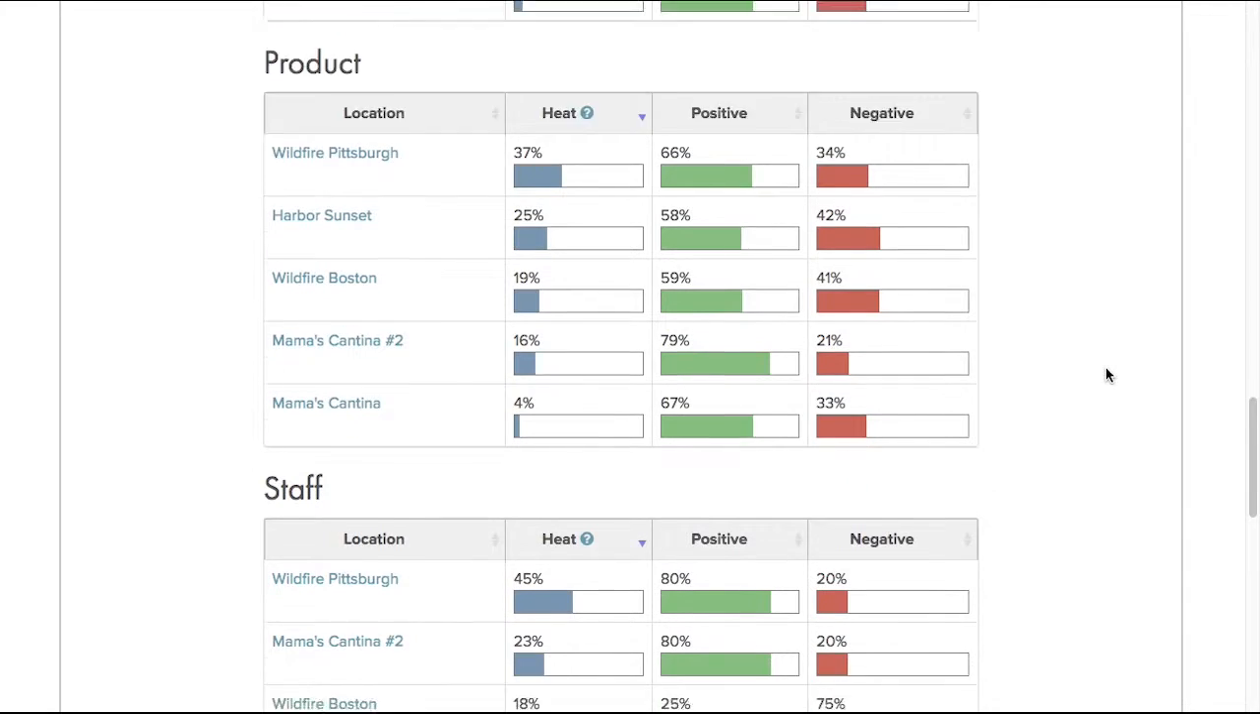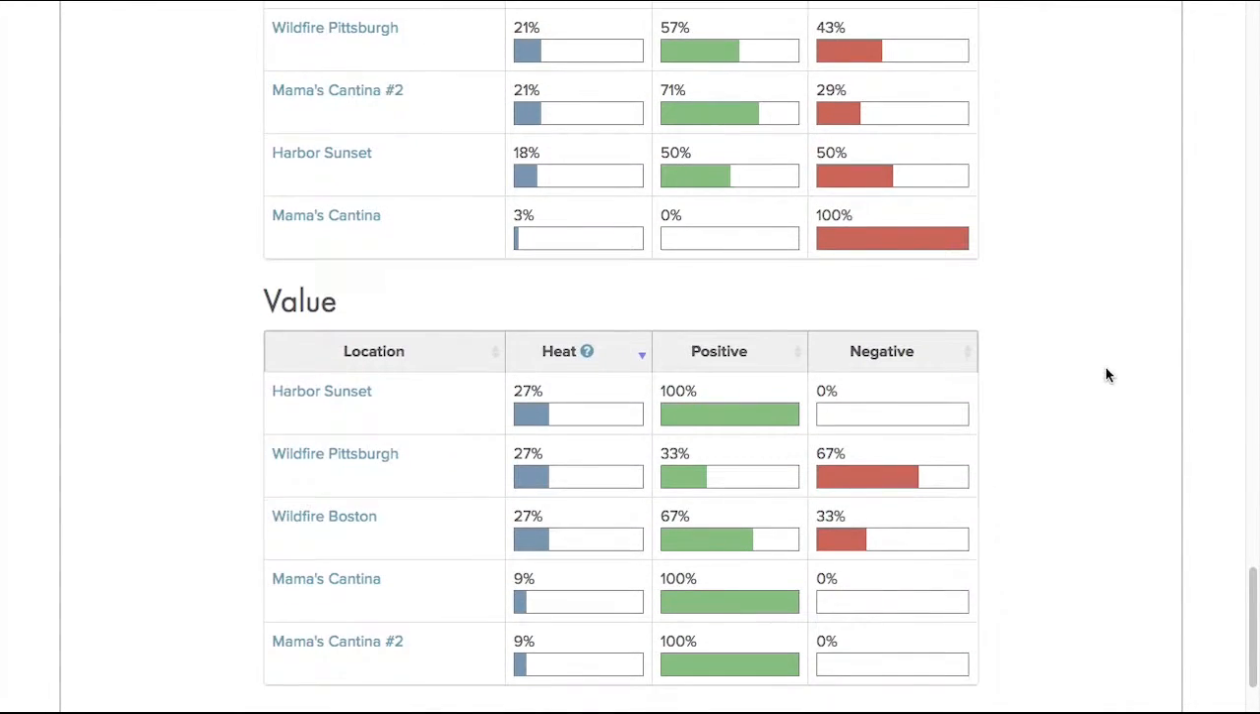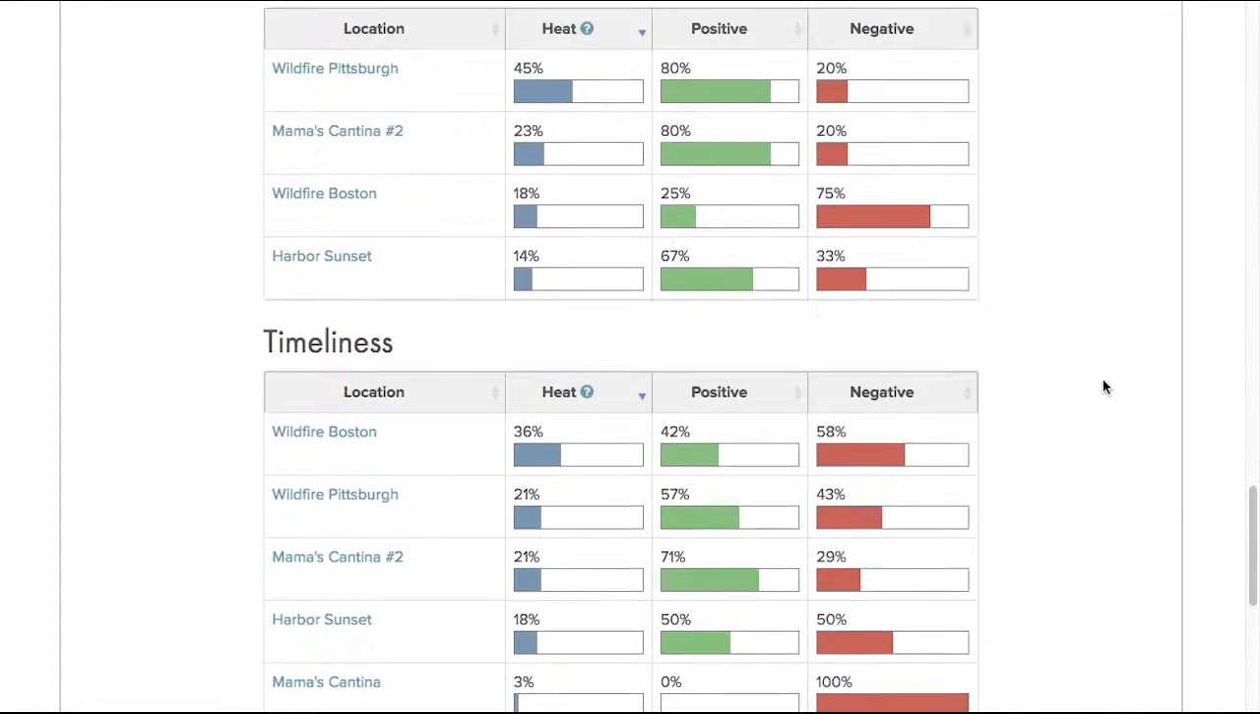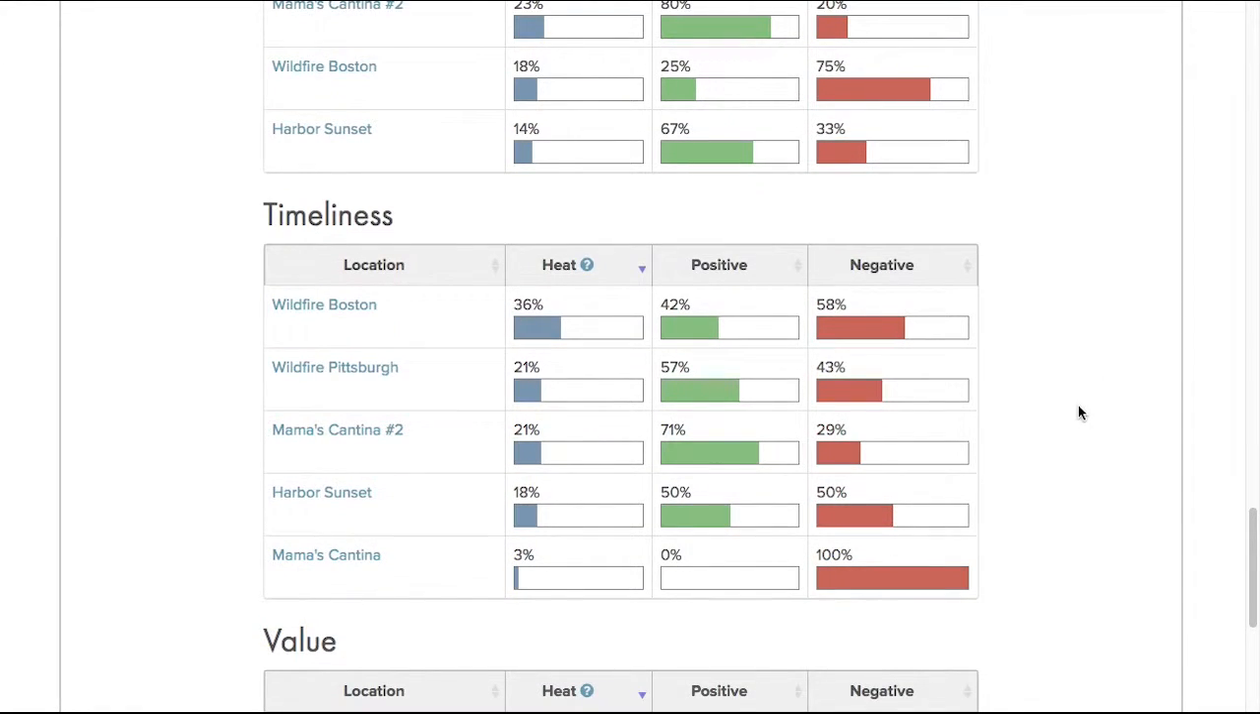Location, product, staff, value. Let's look at timeliness. So down here at Mama's, it looks like there's only a few people that talk about timeliness, but it's an issue. And you can also sort these if you like to see, okay, where am I doing the best? So as far as timeliness, getting people in, getting them seated, getting their orders attended to, looks like Mama's Cantina